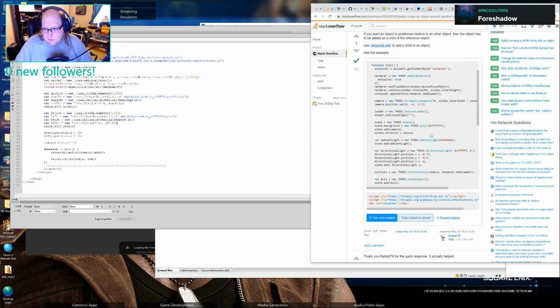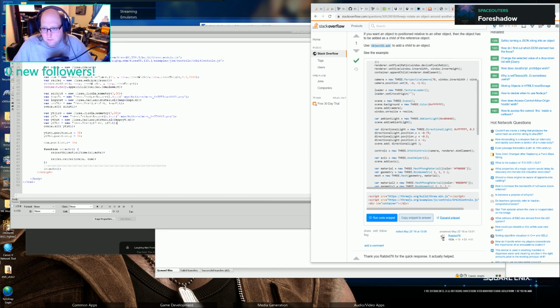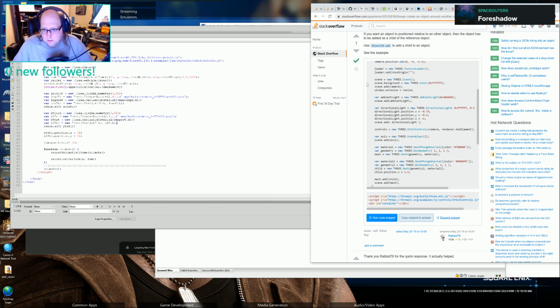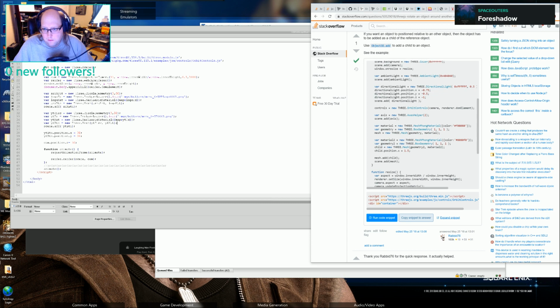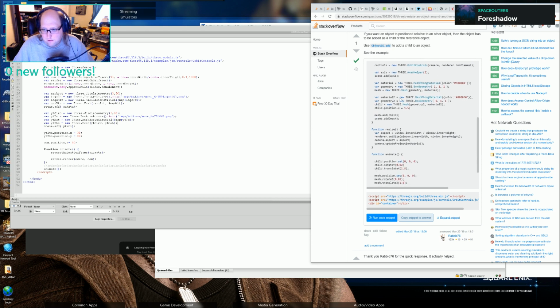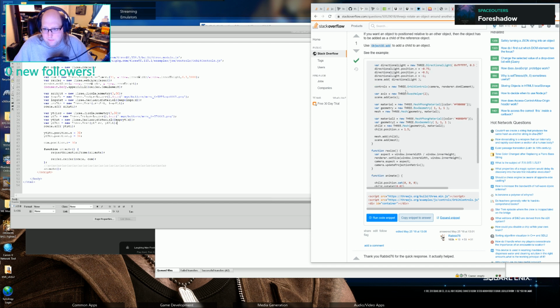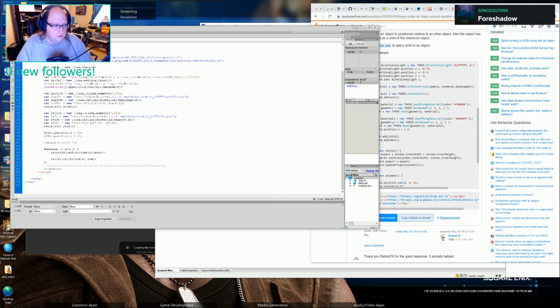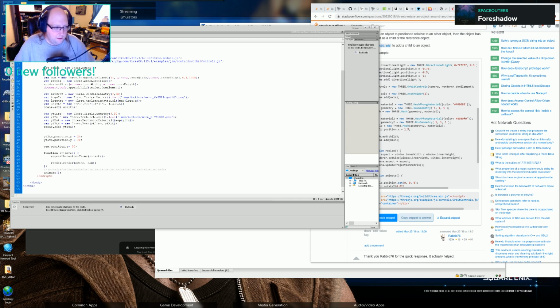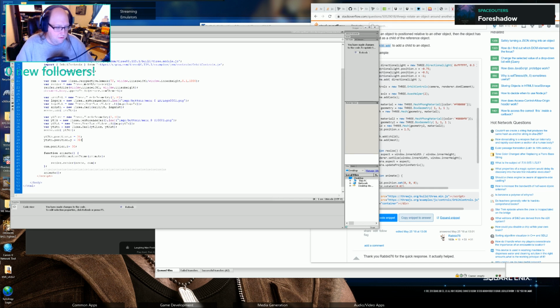Okay, so we got our perspective camera, position, scene, background, whatever. I don't really care about that stuff. Light, don't care about that directional light. This is what I'm looking for here. So controls equals new, which should be probably after this. So,